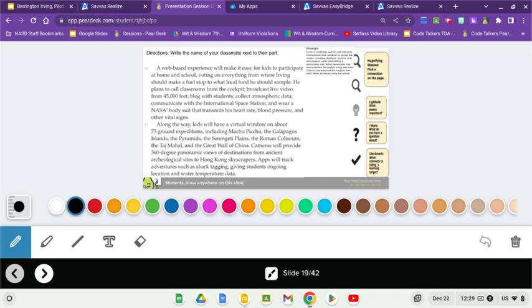A web based experience will make it easy for kids to participate at home and school, voting on everything from where Irving should make fuel stops to what local food he should sample. He plans to call classrooms from the cockpit, broadcast live video from 45,000 feet up, blog with students, collect atmospheric data, communicate with the International Space Station, and wear a NASA bodysuit that transmits his heart rate, blood pressure, and